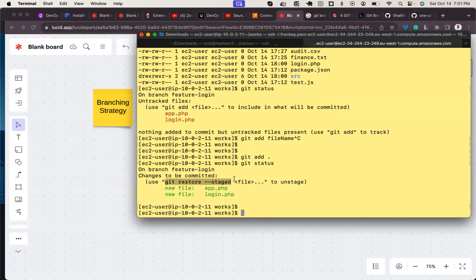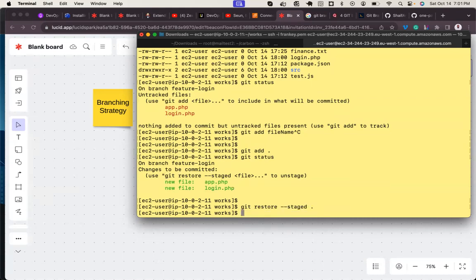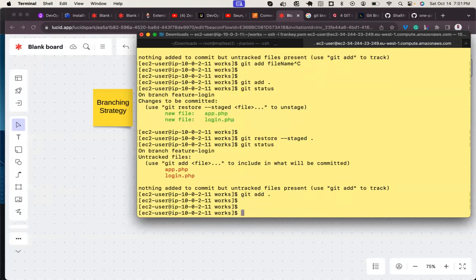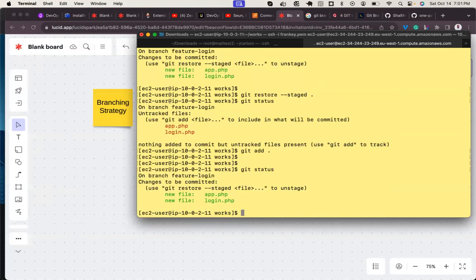So if I need to restore them back, I'll say what? Git restore --staged dot, everything. Let's check git status. Instead of me doing one by one, I'm doing all. Let's add them back. Git add all. Git status.